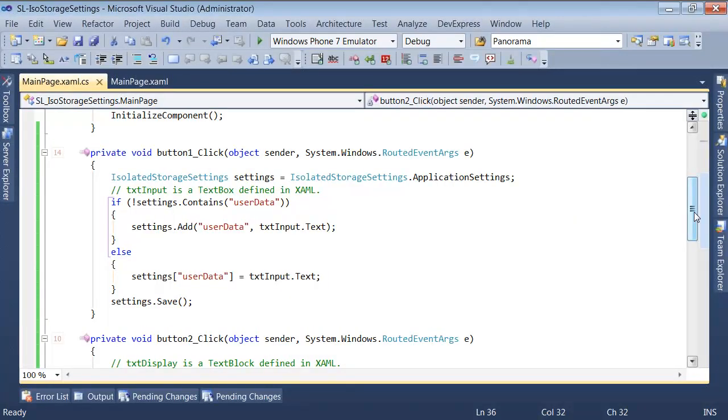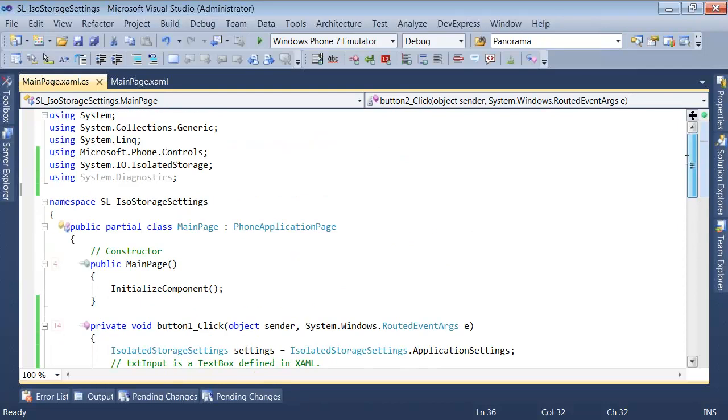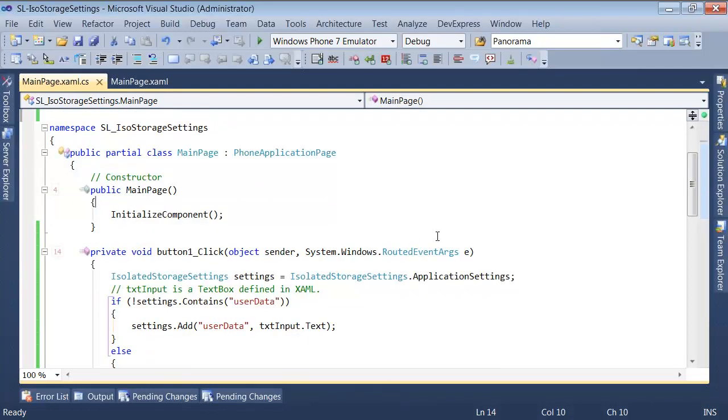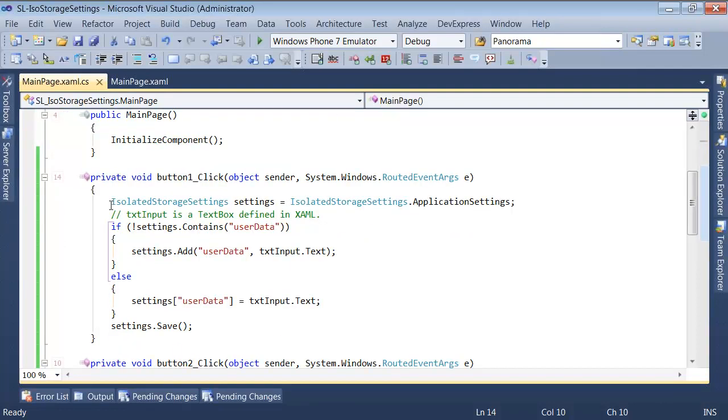So in this particular case, there's no additional namespaces we need to add. We've got isolated storage here. And we're not doing anything special in the constructor. In the button click, we're going to instantiate our isolated storage settings. So we're using the key value pairs. So we set that up, and then